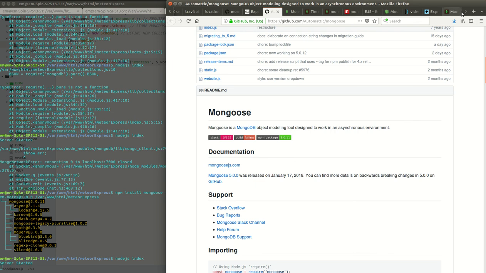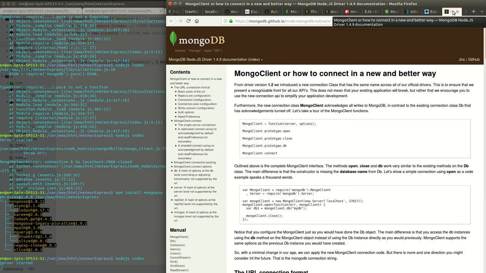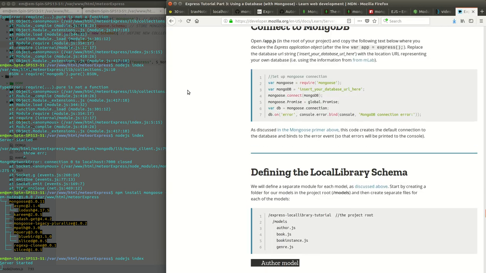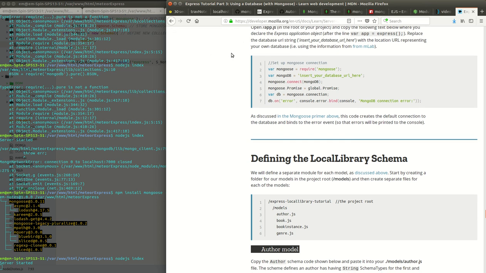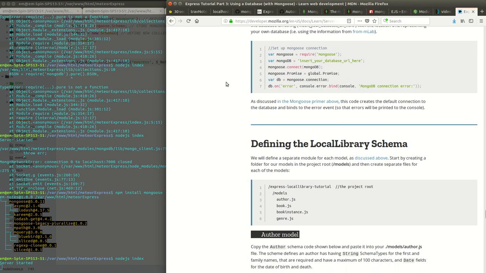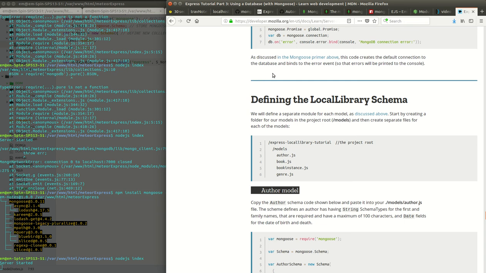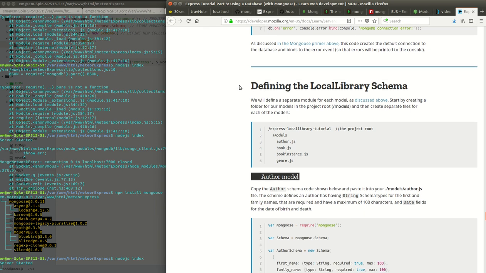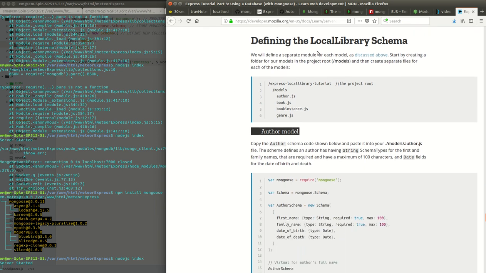Where was I at? Oh gosh, nope. We were here. I'm making fun of MDN, but they really are great. You can see how it's working too. This creates a default connection to the database and binds it. Defining the local library schema. We will define a separate module for each model. Basically, we're defining our models and